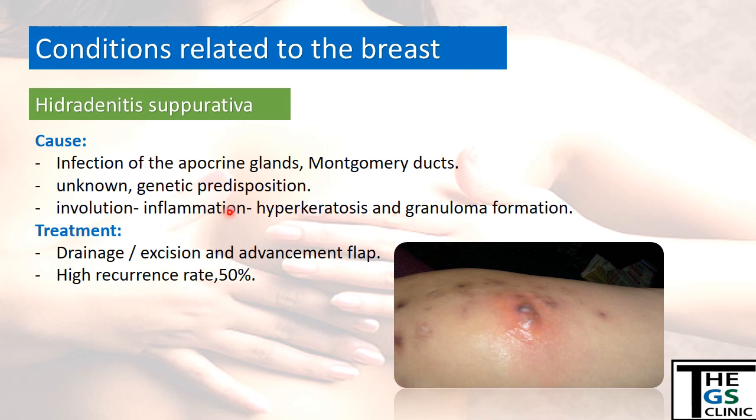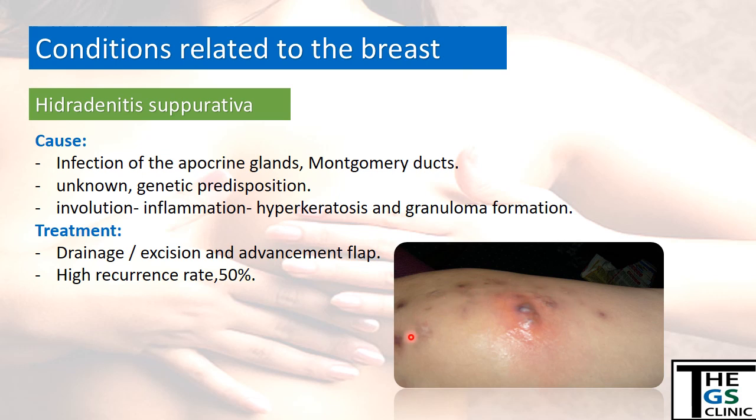After that there will be hyperkeratosis. Those will lead to obstruction of the duct of the sebaceous glands, and after that there will be distension, granuloma formation, and the next step is rupture of these and formation of sinuses and pus pockets,